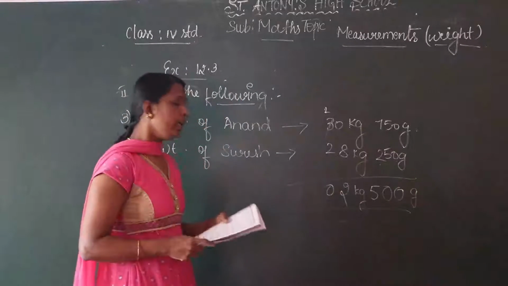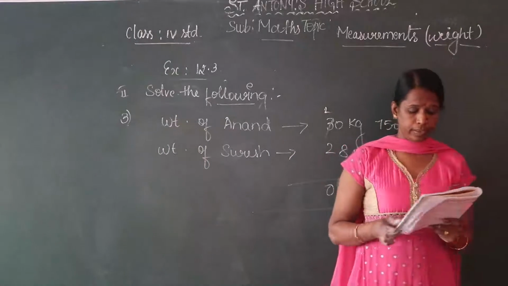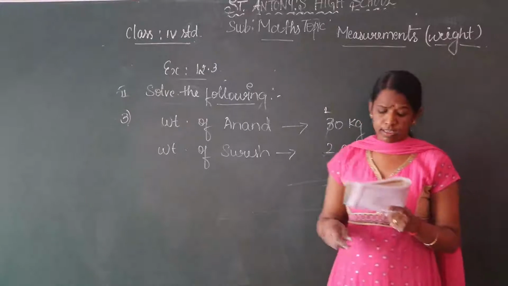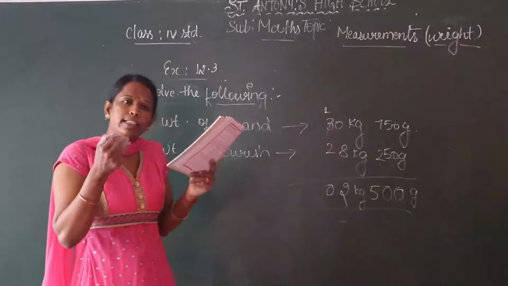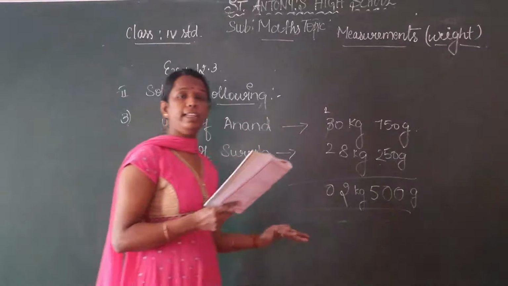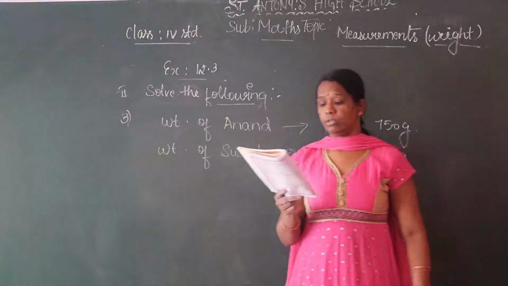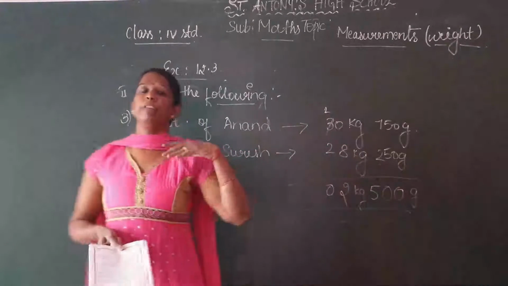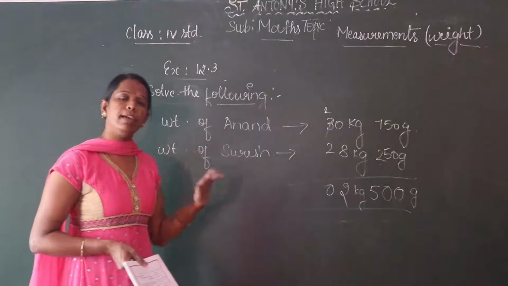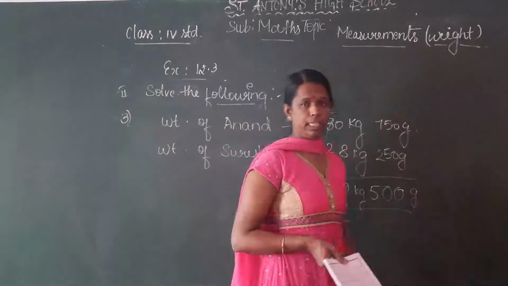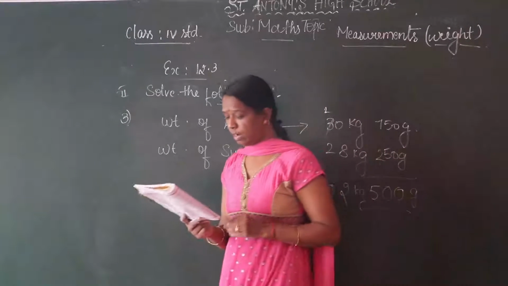Okay children. Next, the concept is estimated weight and accurate weight. If we buy some things in the shops, a very little more or a very little less weight is the difference. So the weight expressed in this way is called estimated weight. If we take 1 kg of sugar, it may be 980 grams or it may be 1 kg 20 grams. It may be more or less. So we can call it estimated weight.